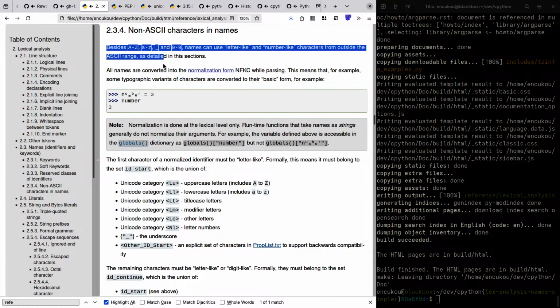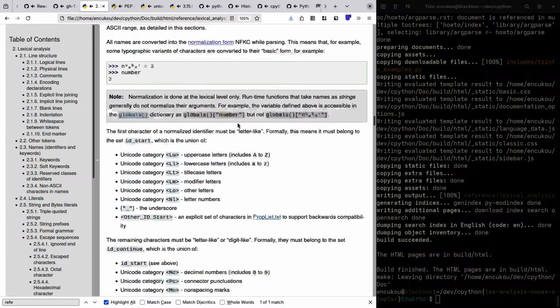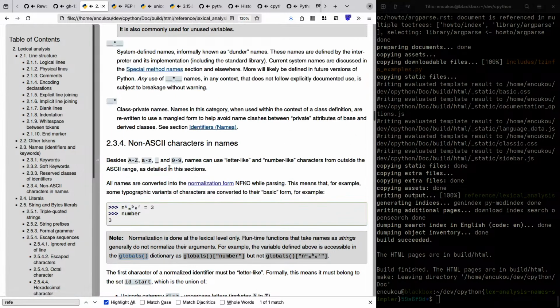I guess this introduction should say something like, if you use non-ASCII characters in names, this section applies to you. Or if you only use ASCII characters in names, you don't need this section at all. Right, right, yeah.